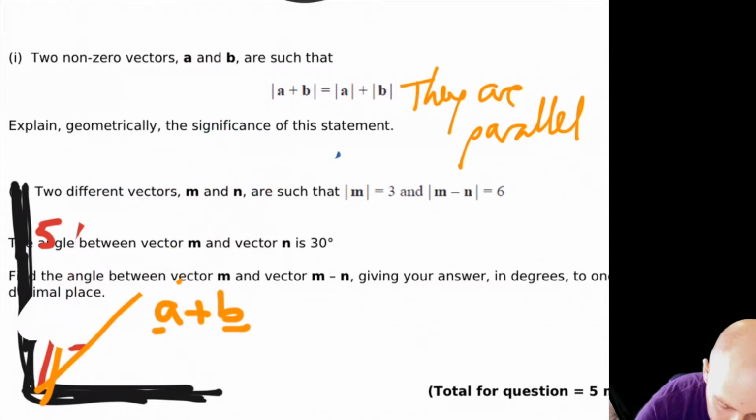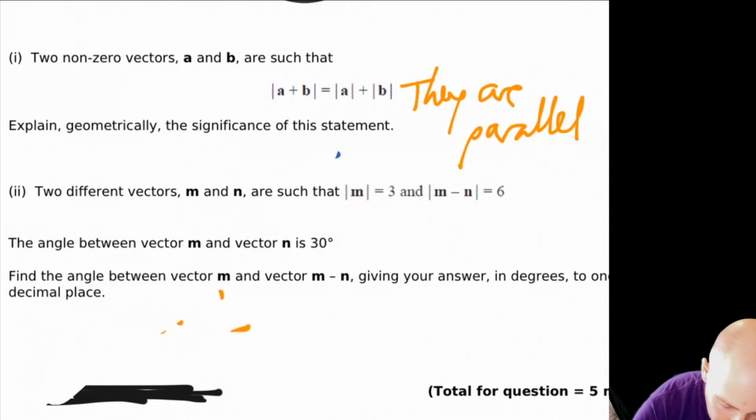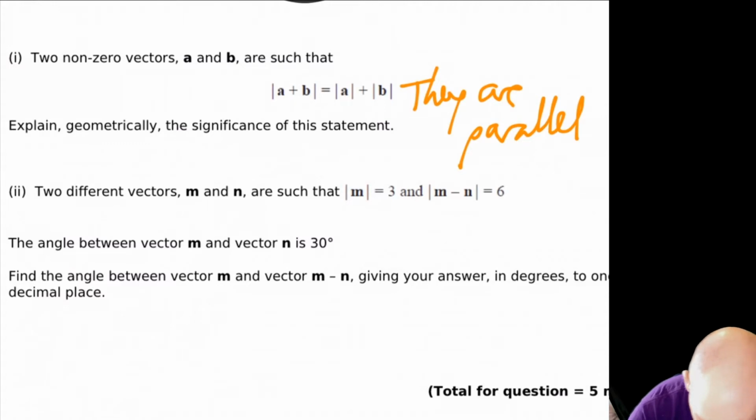Okay, that is a hard one mark. I think that's why it's one mark, is that they imagine not many people would get it. Part B, we've got a different question. Two different vectors. So if we draw some axes again,